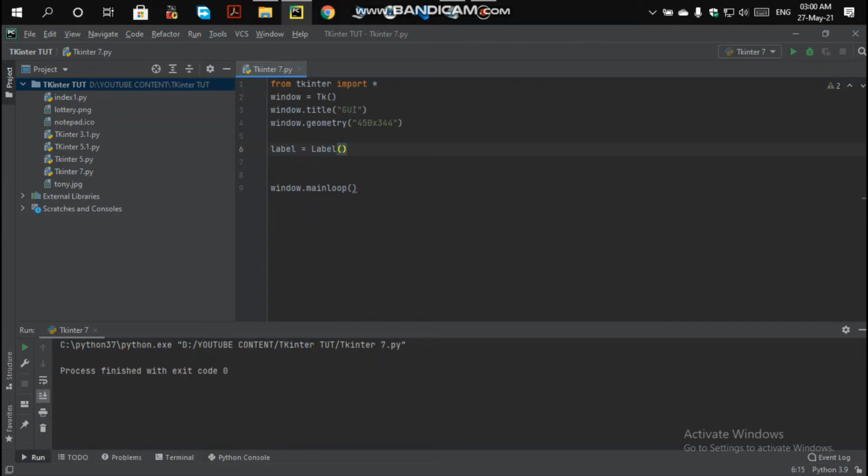If not, then comment below. So the first argument is the window, and the rest of the arguments are the style values. Style means your options, your attributes, how you want to style your text. These things are inserted into the label widget. First of all, we are going to use the basic style attributes that every label could consist of.